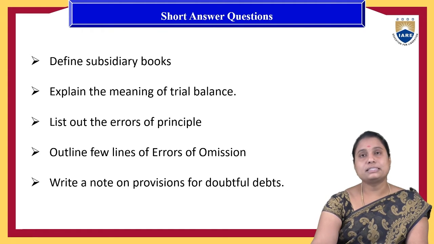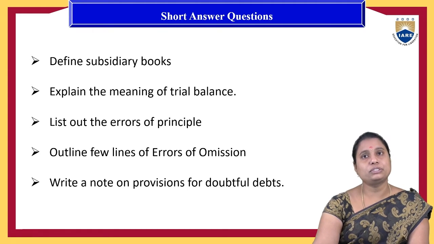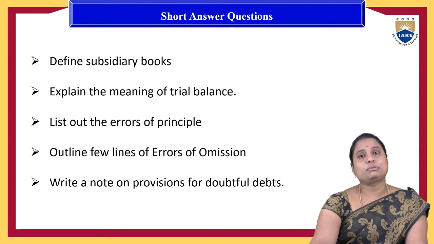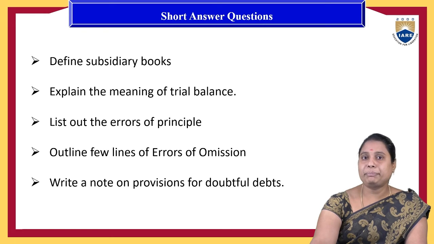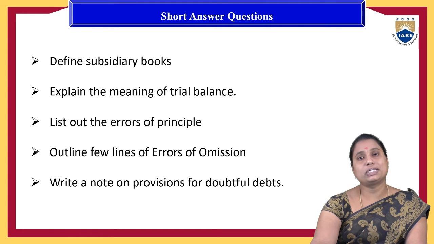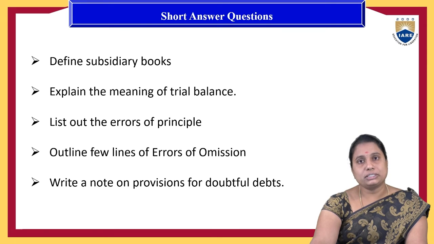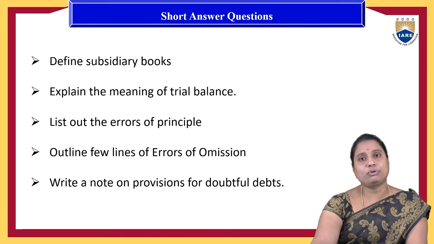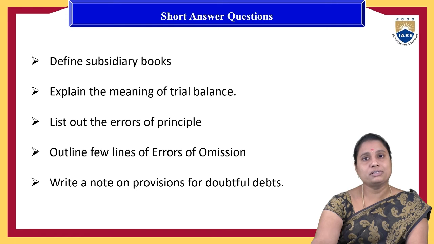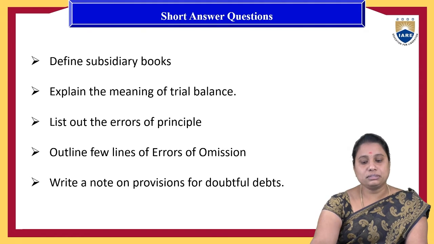And define the subsidiary books. So subsidiary books, ledger accounts are also called subsidiary books. We need to explain the pro forma of that one. And explain the meaning of the trial balance. That is the trial balance pro forma, or the pre-verification of the journal entries, and the final transaction considerations in the ledgers are verified under the trial balance, finding out the errors,